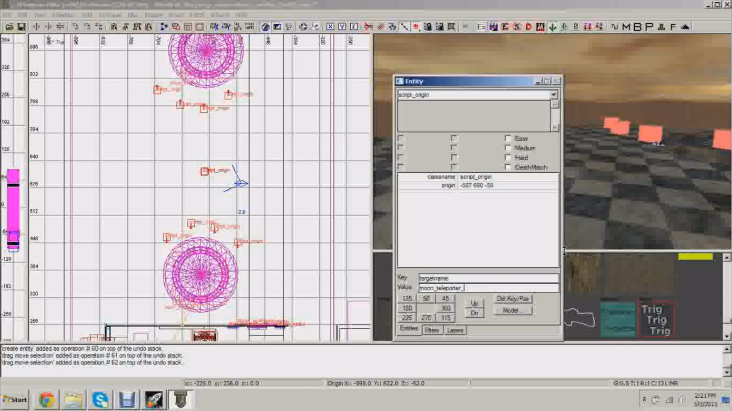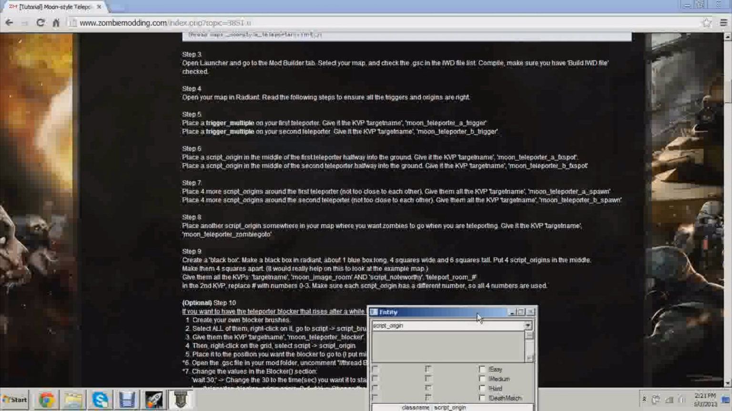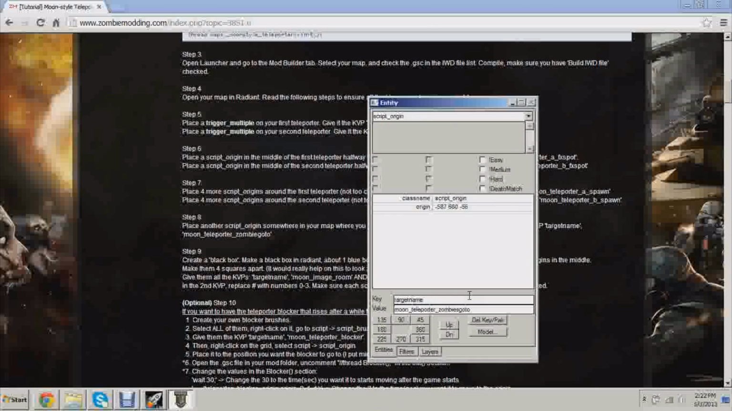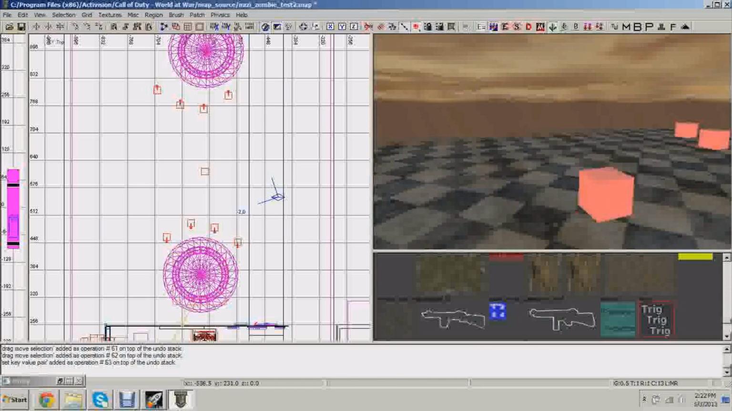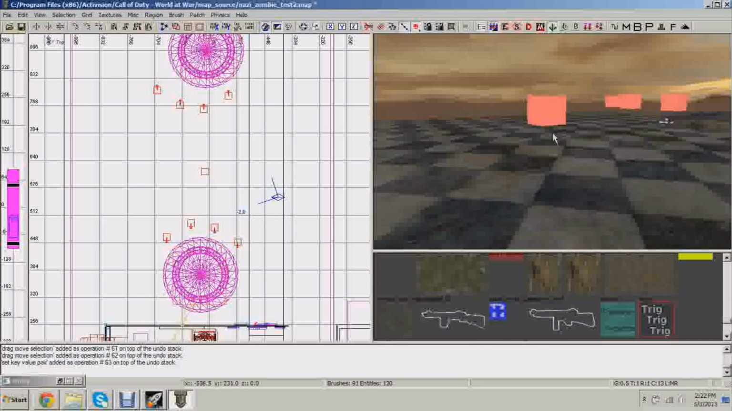So we have Moon Teleporter. I think it's Zombies Go To. I'm pretty sure that's what it is. Let's check. Here we have Moon Teleporter Zombie Go To. Okay. Moon Teleporter, it's Zombie Go To, not zombies. Perfect. There. We now have that in place, and that's where they're going to run to, right in between the